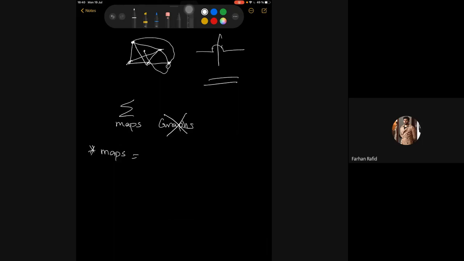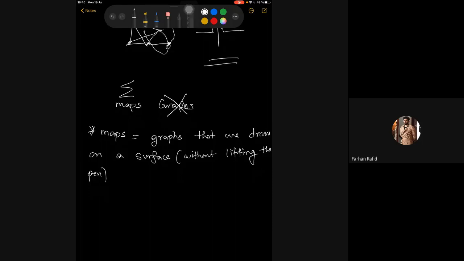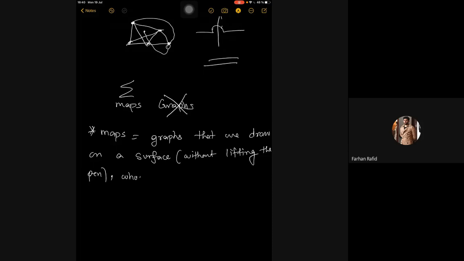So what are maps? These are graphs that we draw on a surface without, say, lifting the pen or intersecting the other line. And another criterion is whose faces are